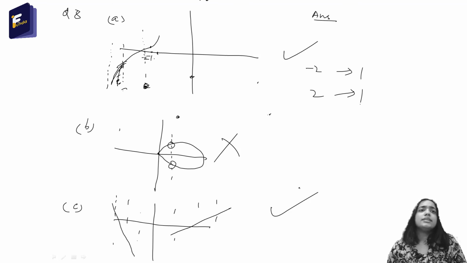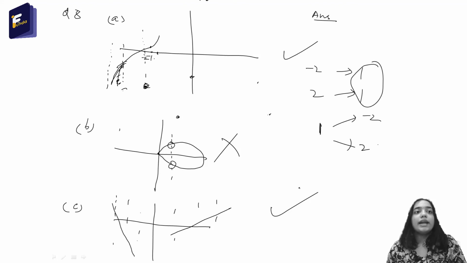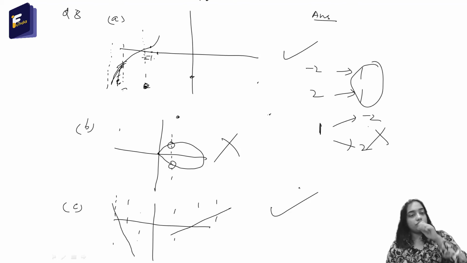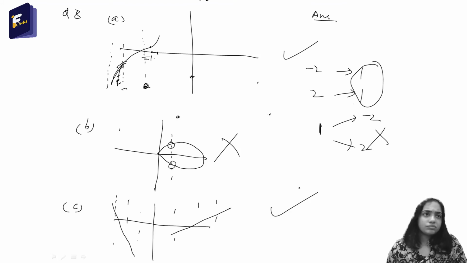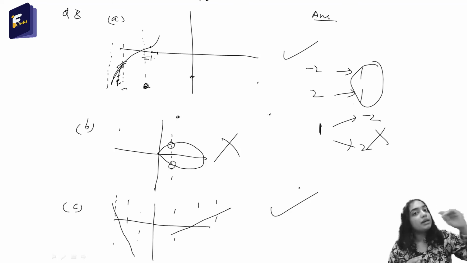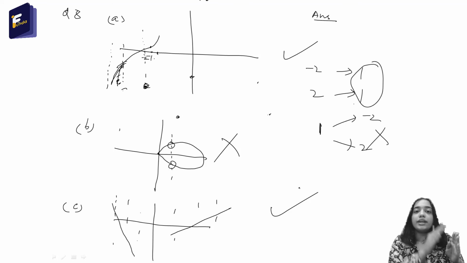So if I say that this function has an inverse, then what will happen? If I put 1 inside that inverse function, it will give both -2 and 2. And this violates the basic principle of what a function is. So listen carefully: if for any two inputs the function gives the same output, then that function doesn't have an inverse.